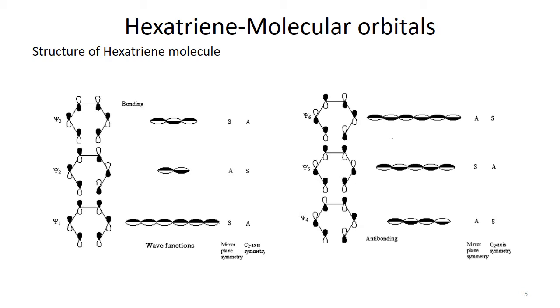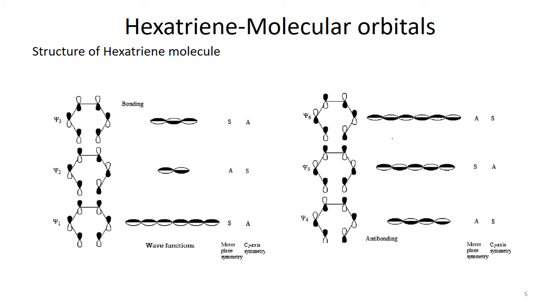This was all about the molecular orbitals of hexatriene. When we talk about the symmetry operations, we already discussed that we can carry out the simplest mirror plane symmetry and the twofold axis of symmetry on these, and compare how this hexatriene molecule can undergo pericyclic reaction. So when we carry out the mirror plane symmetry operation on psi1, it can easily be divided into two equal halves.